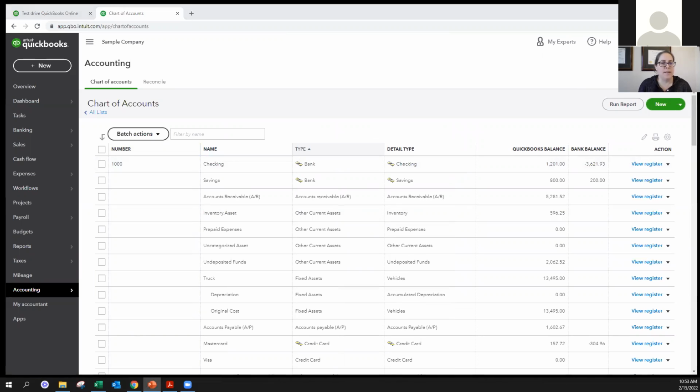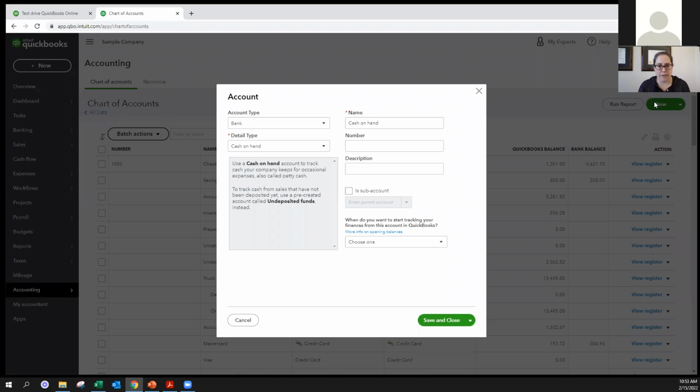So you decide if you're going to use account numbers. If you're not going to use account numbers, don't even worry about it. I personally don't think it's important, so unless someone tells you to use it, don't use it. Then to create a new account, let's say that we're going to start selling beer along with our landscaping, right? So we're going to click on this new button because we want to track our beer revenue